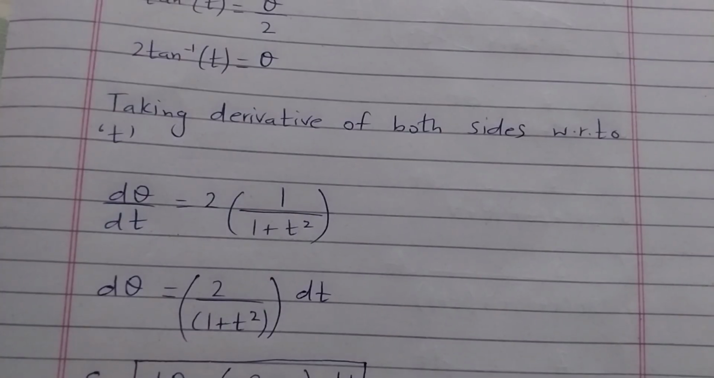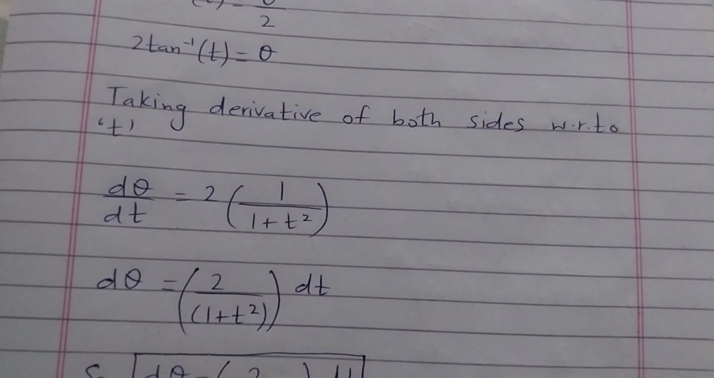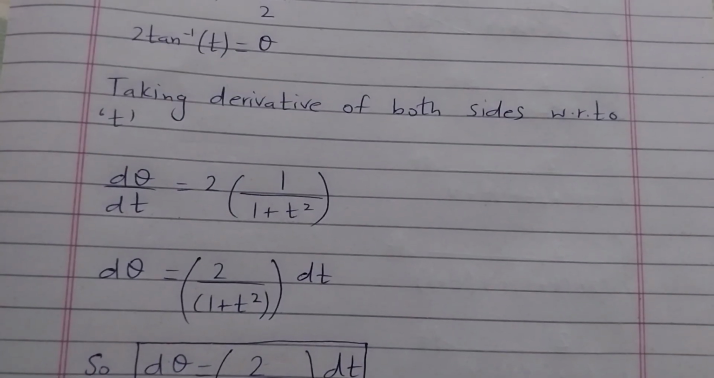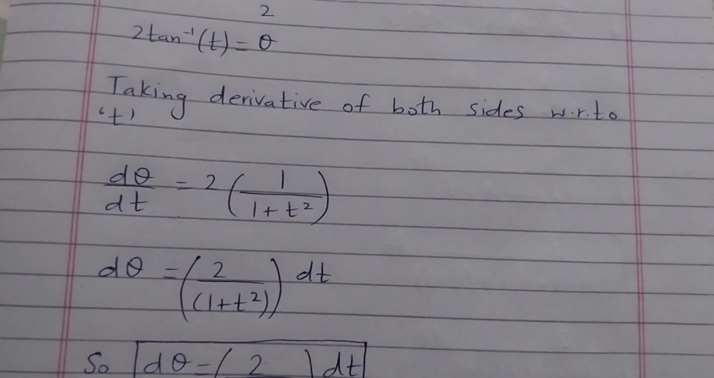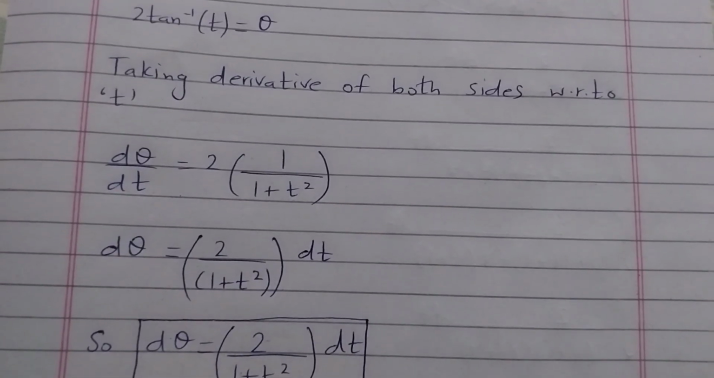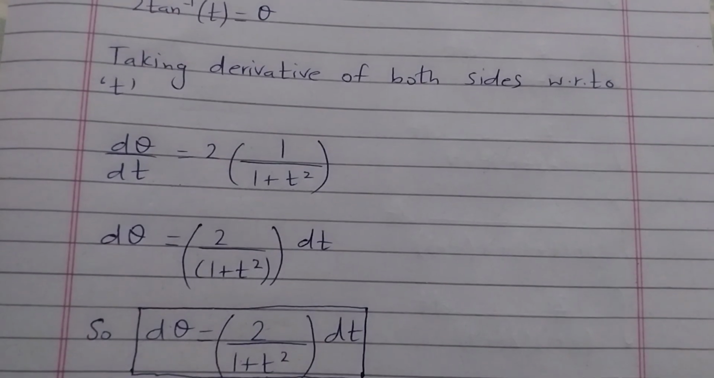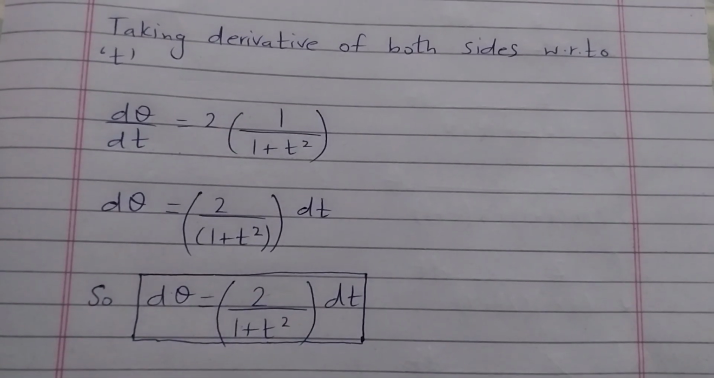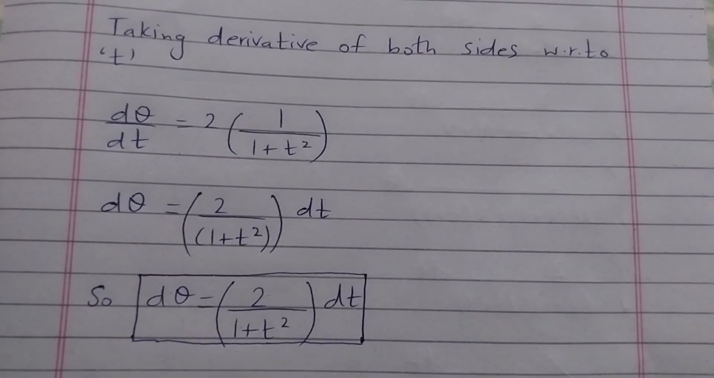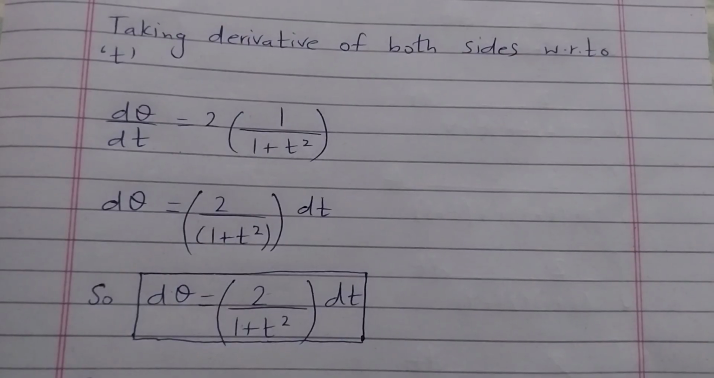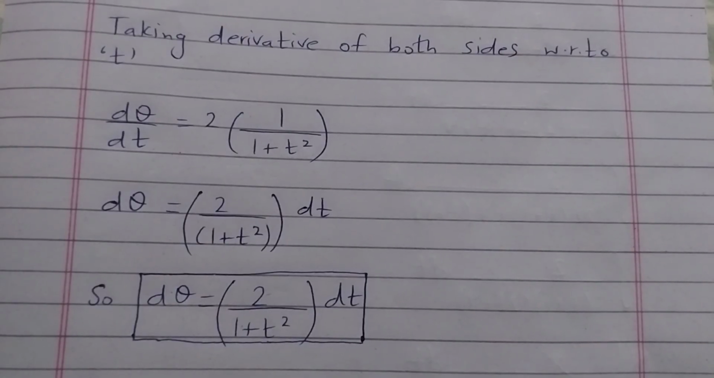So here we were taking the derivative with respect to t, so it will be 1 over 1 plus t squared. So d theta over dt is equal to 2 times 1 over 1 plus t squared, and we are interested in d theta, so dt will be moved to the other side, and on the left hand side it was being divided, it will be multiplied on the right hand side. So d theta is equal to 2 over 1 plus t squared times dt. So now we have all the things which we required, the value of sin theta, cos theta, and d theta,